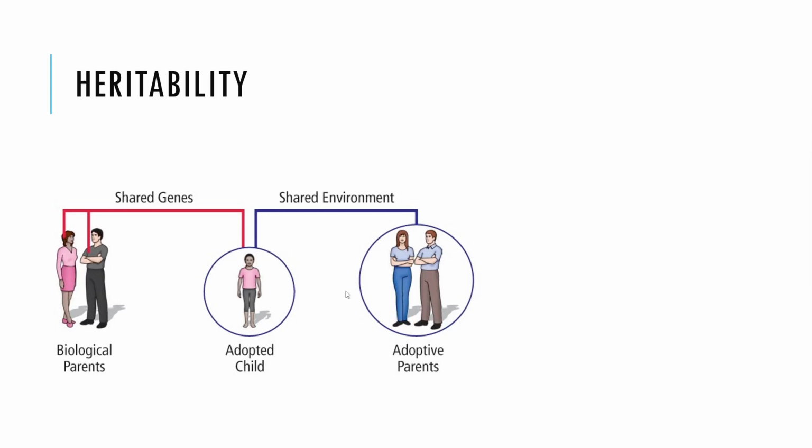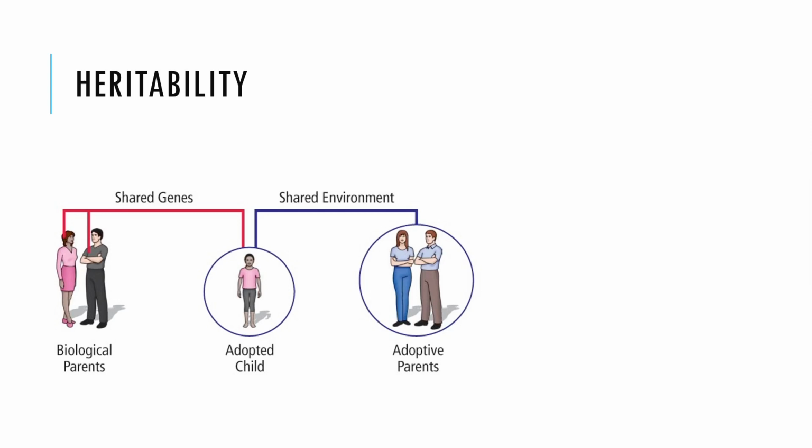So on the left, we have the biological parents, and they donated their genes to the child who then got adopted and reared by the adoptive parents. That environment, that household environment, is what in psychology we call the shared environment. This would be the environment that if this adopted child has any siblings being raised with them, whether they're sharing their genes or not, but they're being raised in that same environment, in the family, we call that the shared